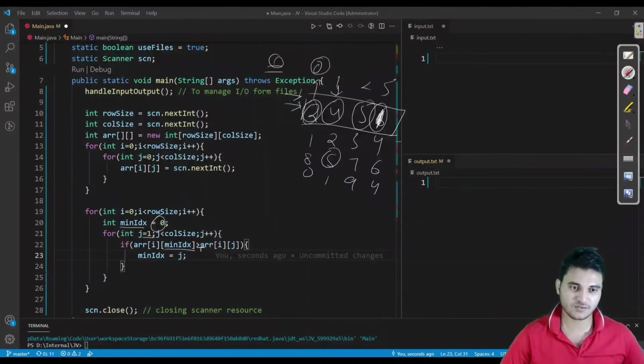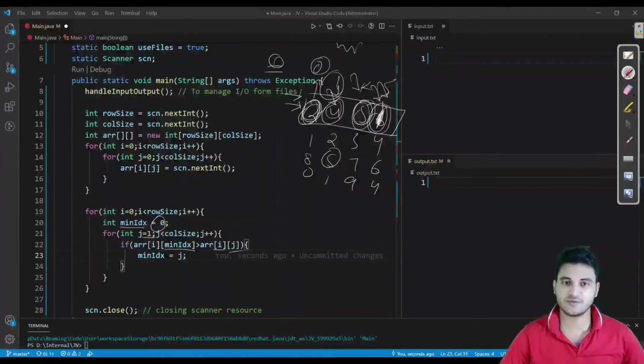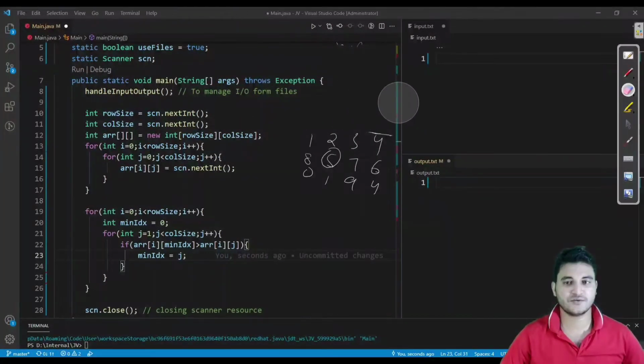So a of 0, 0 is greater than a of 0, 1. j is 1 now. So if it is greater than this, then replace the min index with j. If this is greater than this, then of course this is going to be minimum. And if this 1 is less than this, then of course this is going to be the minimum. That is why this way we will be able to calculate the min index. I hope it is clear to you.